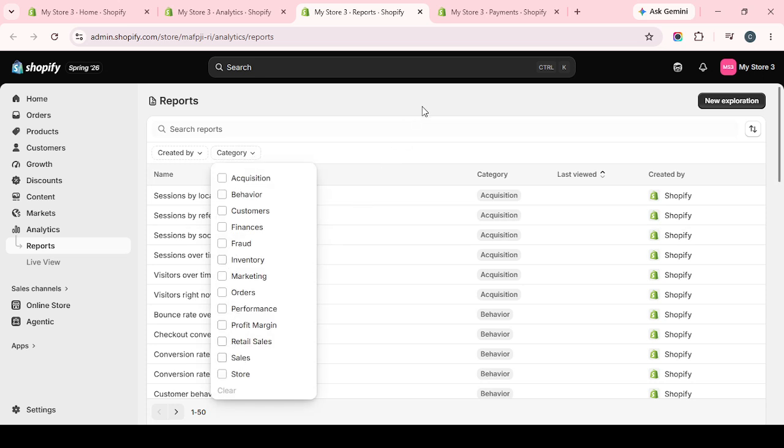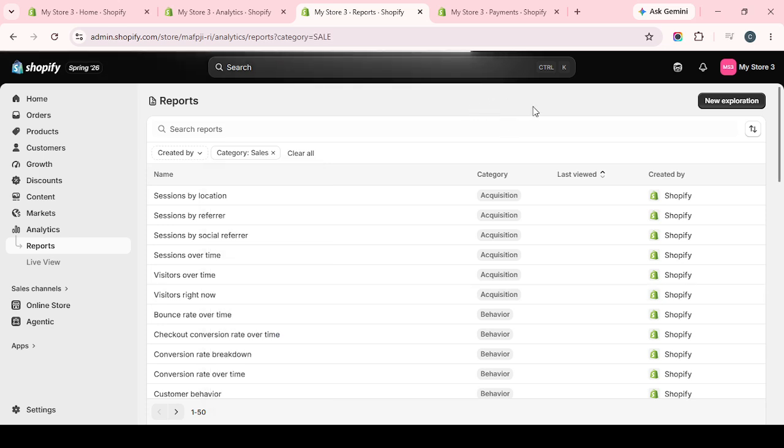Once everything is in place, your setup is complete. The app will be installed, automated PDF delivery will be enabled, and your store's confirmation emails will include direct access to the